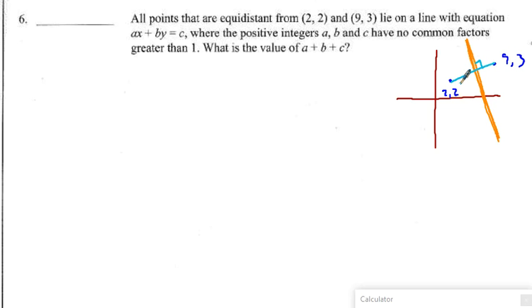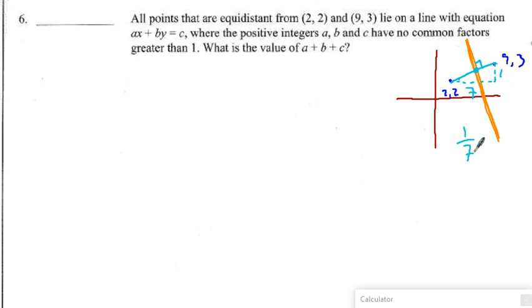So I need 2 things to find my equation. I need to find this point here that is directly equidistant between both points, and I need to find the slope of my line that connects those 2 points. So let's find the slope. That's the easiest thing. So I have a rise of 1, because 2 plus 1 is 3, and I have a run of 7. So the slope of my connecting line is 1/7, and my perpendicular line will have the